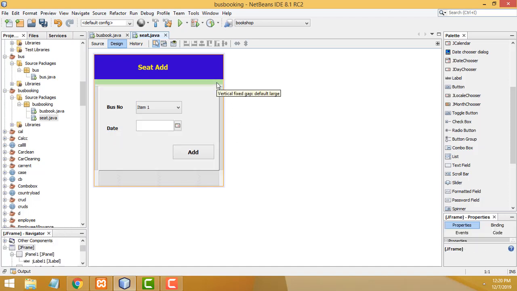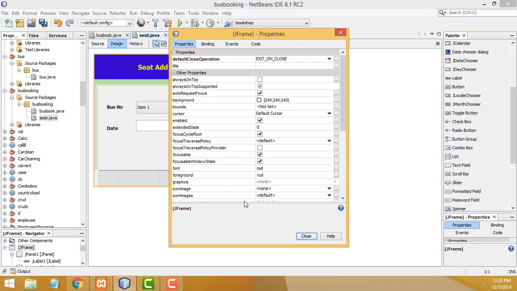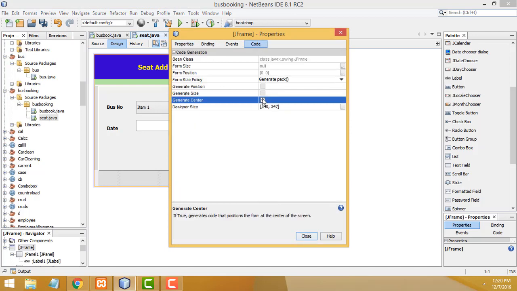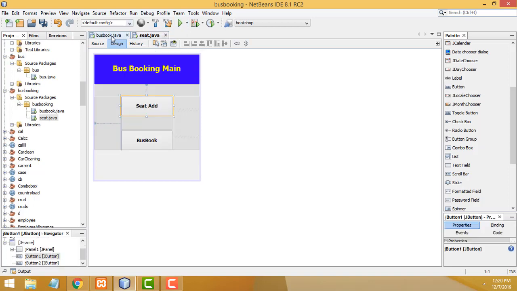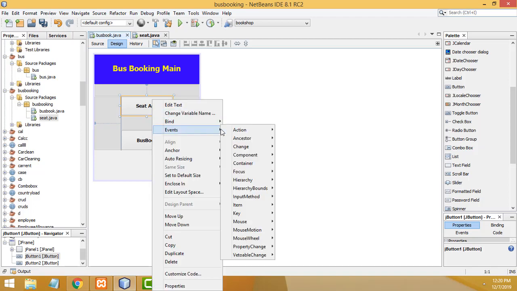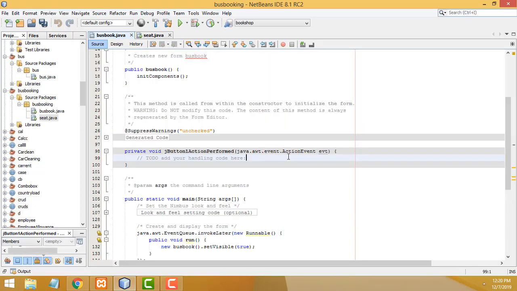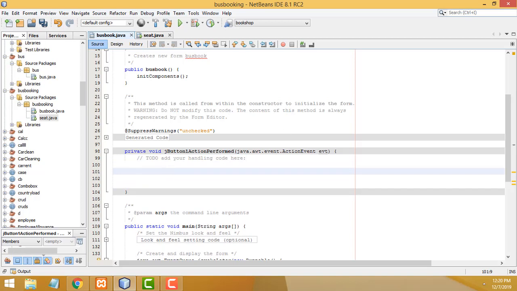Now let's select this form, right click, properties, code, generate center, close it, right. Now let's go to the busbook.java, let's make a link, right. Select this button, right click, event, action perform. Here I am going to make the link here as sheet, meaning the object I am going to create, new sheet